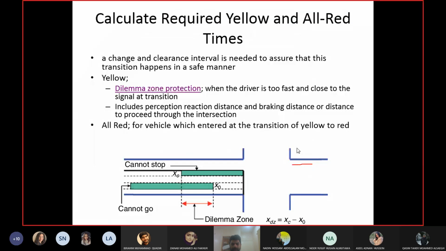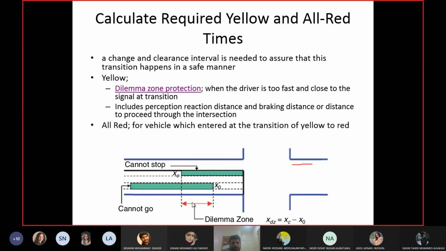Okay, so in that video, basically they showed just a few seconds of what the dilemma zone is, and this is what I was saying as well. It is the distance at which you are not sure whether you want to go or whether you can stop. So it is the region between safely stopping and safely going. They were showing a technology with sensors on the road, and when the sensor sees a vehicle in the dilemma zone, it will increase the timing of the green, sorry, not the yellow.